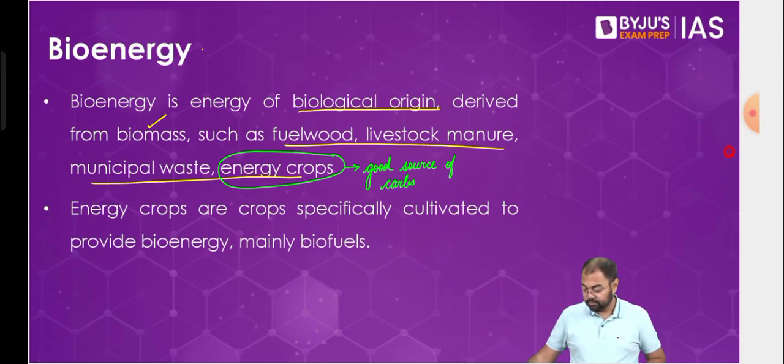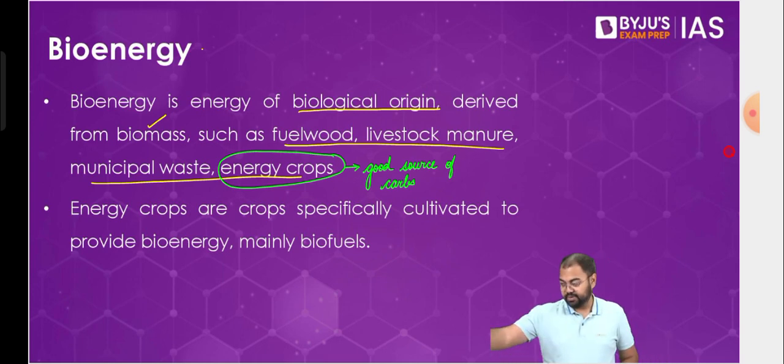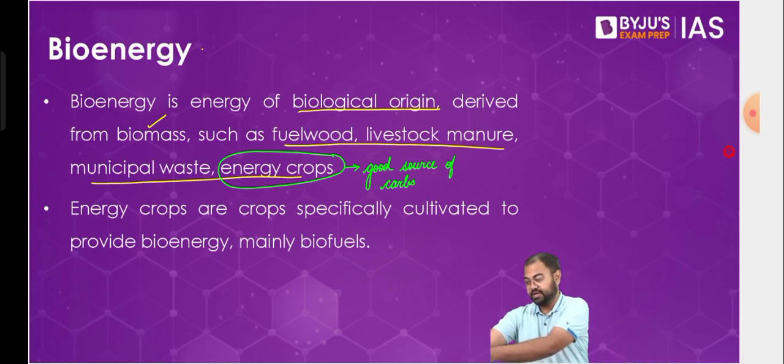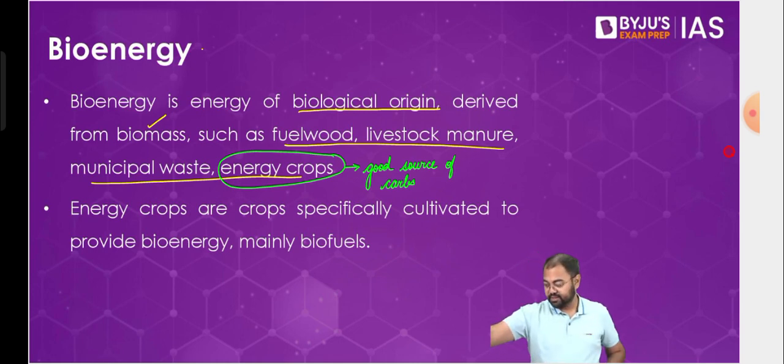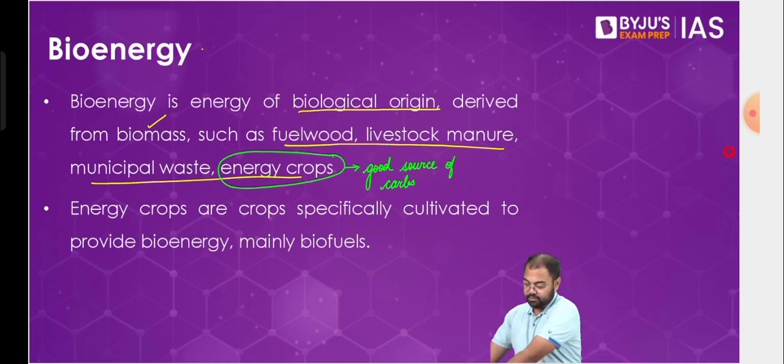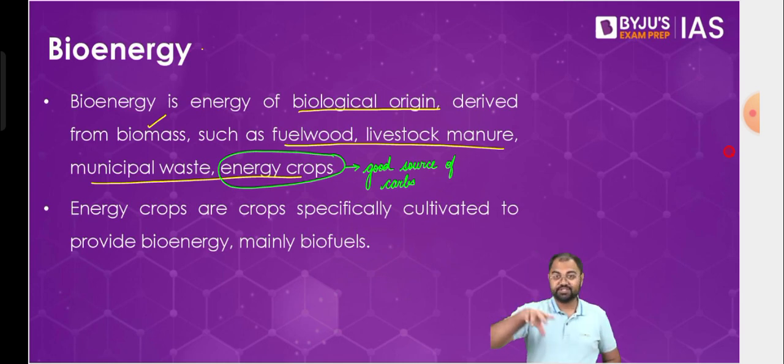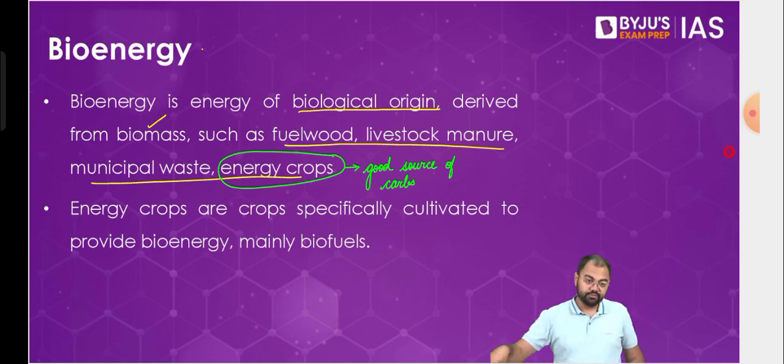Energy, yeah, correct. As most of you have written, the most important work that it does is to provide energy, right? Carbohydrates will provide energy to the body. So that's why these kinds of crops, which are good sources of carbohydrates, are also called energy crops, because these are good sources of energy. Now, because they are good sources of energy for us, they will be good sources of energy production as well, right? So these kinds of crops can be used as a source for generation of bioenergy.